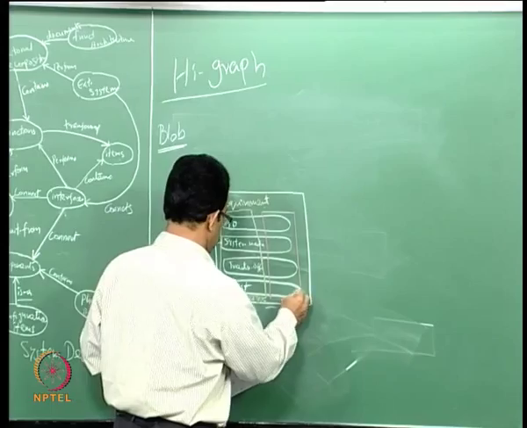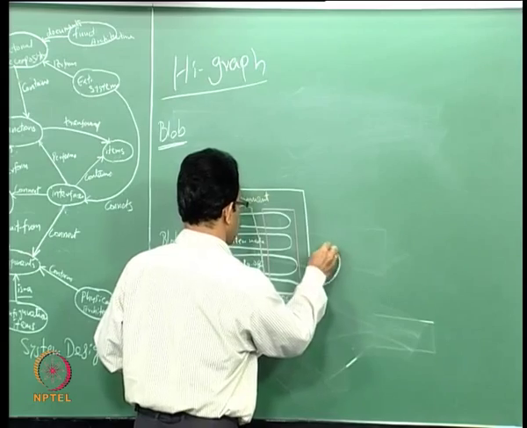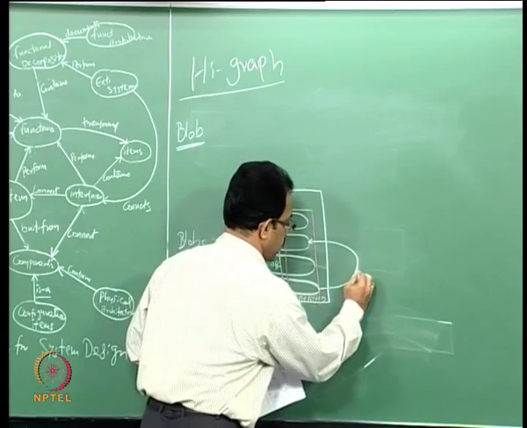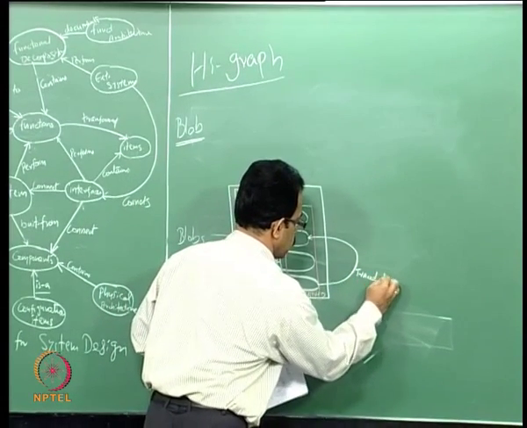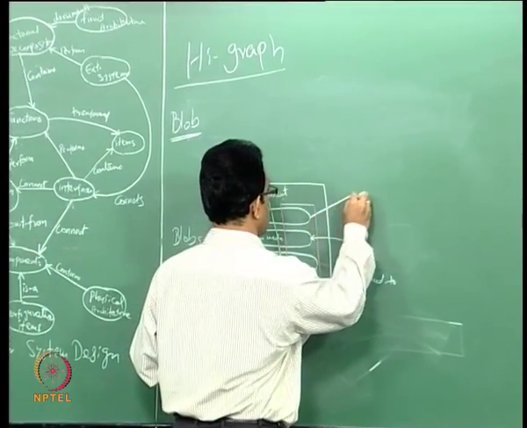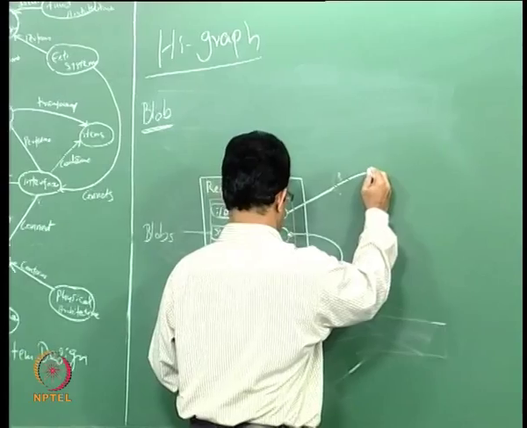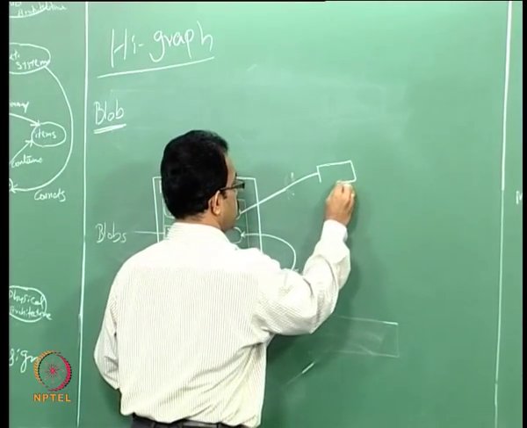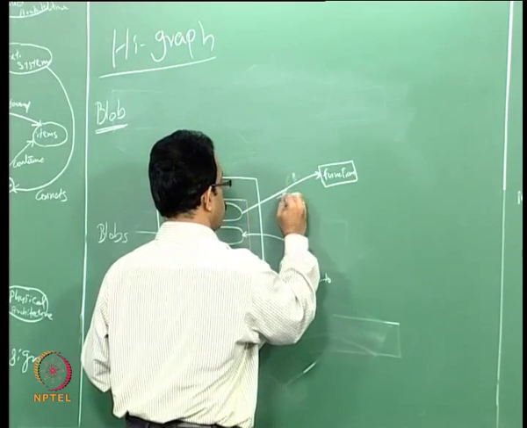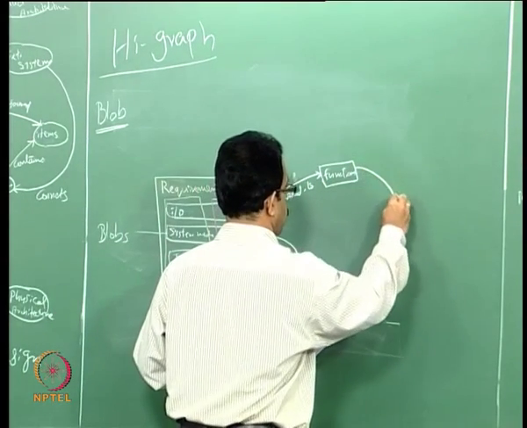So, the derived requirements, so these are the test requirements, suppose this is the test requirement, then the test requirement can be traced to this one. So, we can actually write this relationship as traced to. Similarly, the input output requirements can be traced to, okay, we can write the arrows to the functions. So, this is another entity. So, this can be traced to functions, and then the functions are performed by